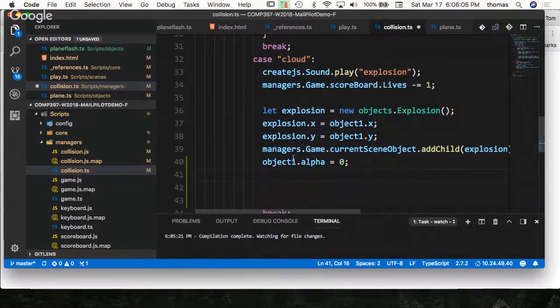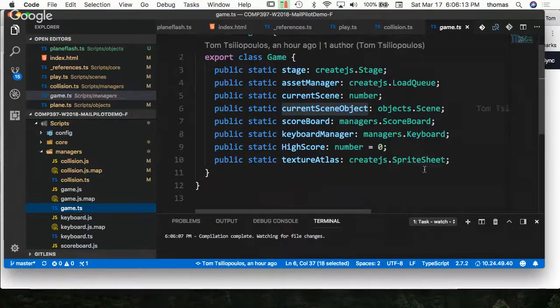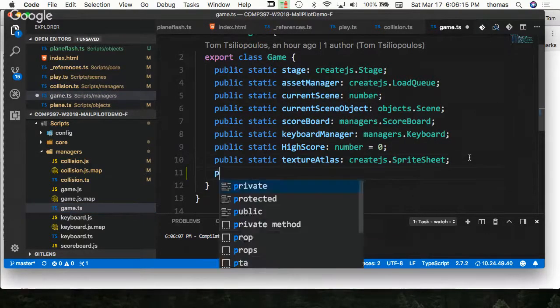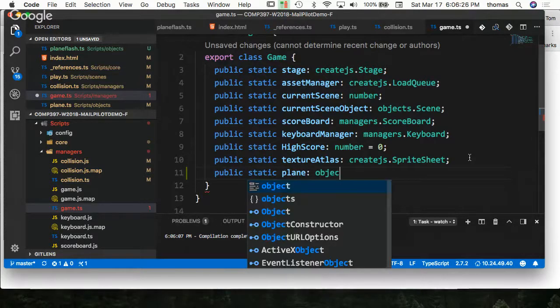So like I said, one way to do this is to carry forward in the game manager, create my plane, because my plane is my player, right? So I could do something like this. I could say, maybe I'll need this later anyway, where I move scenes. I haven't done that yet. Where I want my plane to be of type objects.plane,